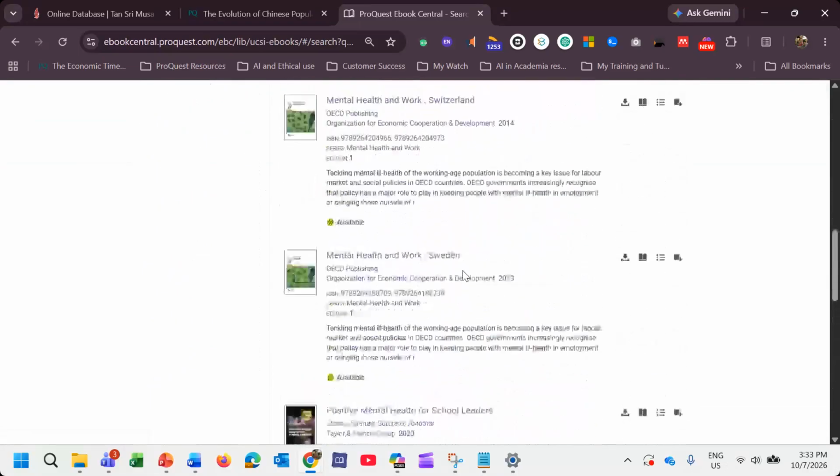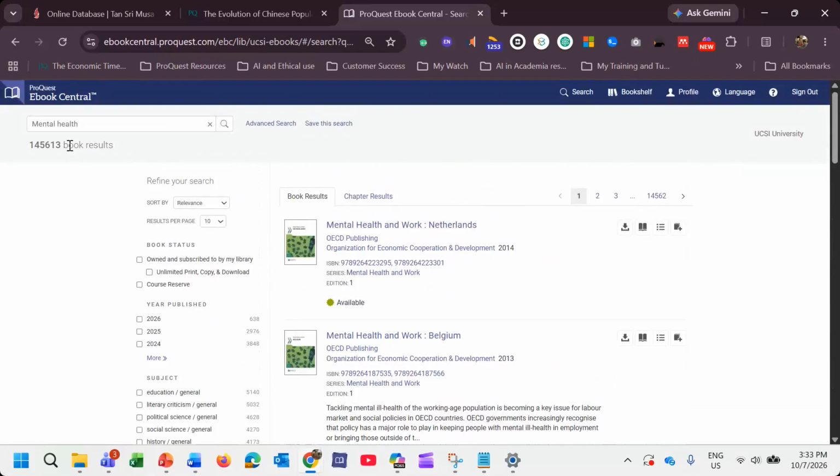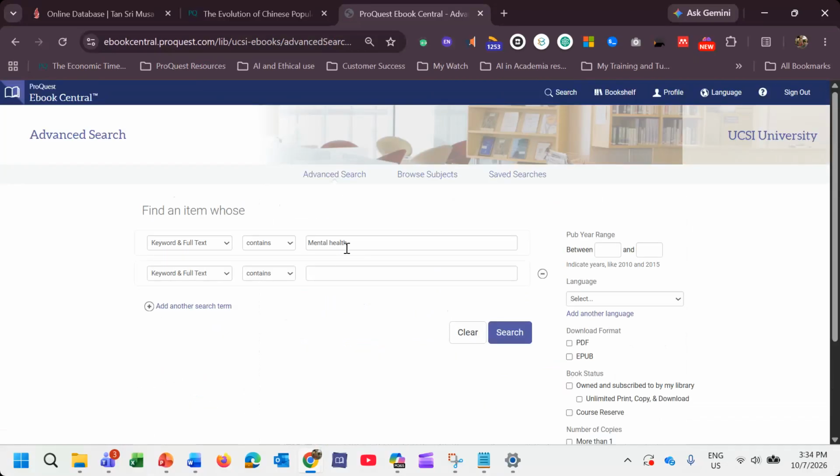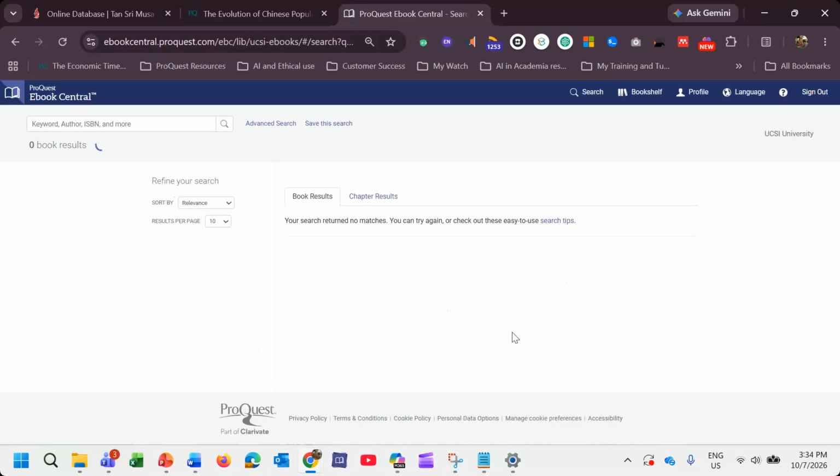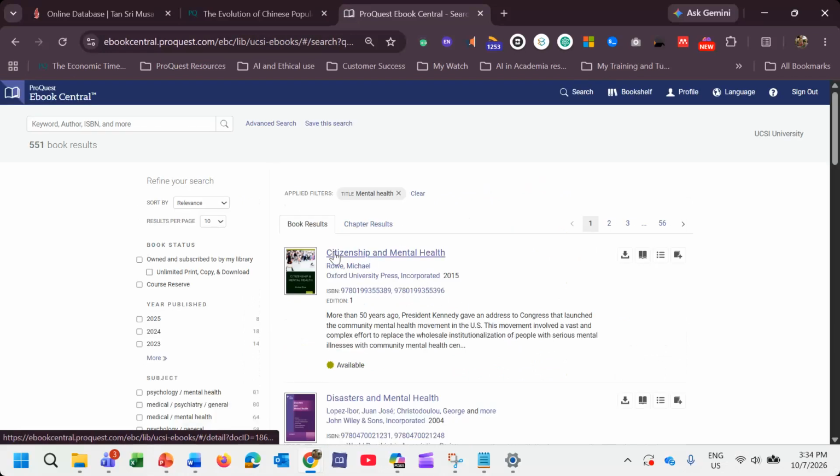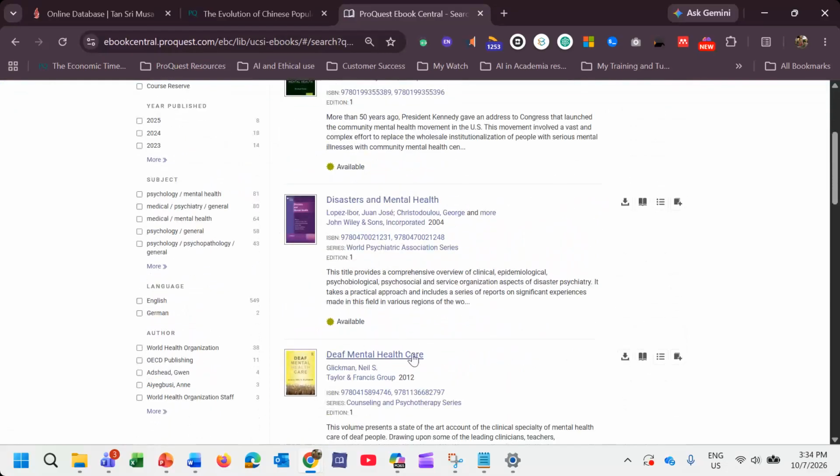It could be that mental health has been discussed. Okay, that's why it's here. But most of the time we want that to be in the title. So if you put in mental health at the title level, so you can use the title, then you will be able to find books which are very specific to mental health in the title.